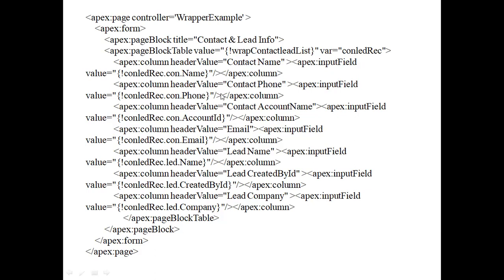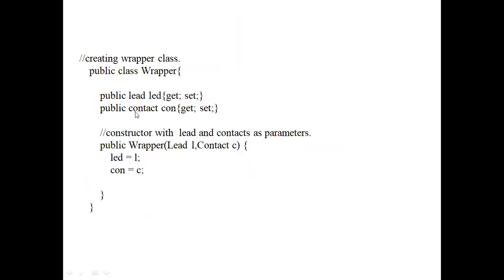And here I want to add one more point. Whenever you are displaying records in a Visualforce page by using this wrapper class object, whatever variables we have assigned in the wrapper class, here for the lead object we are giving the reference as led.